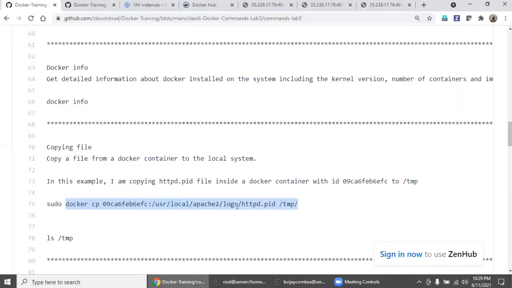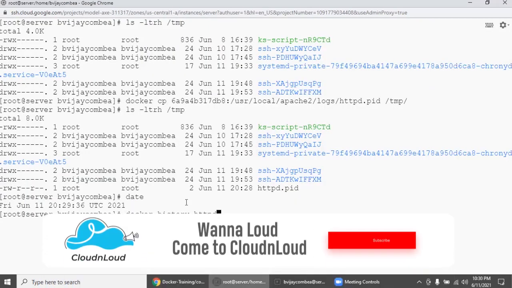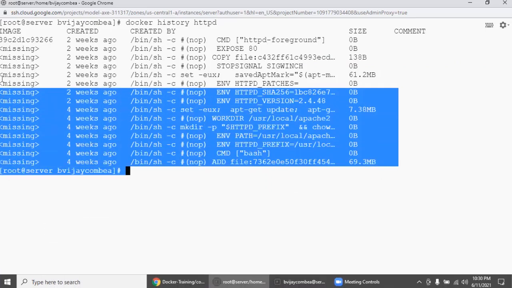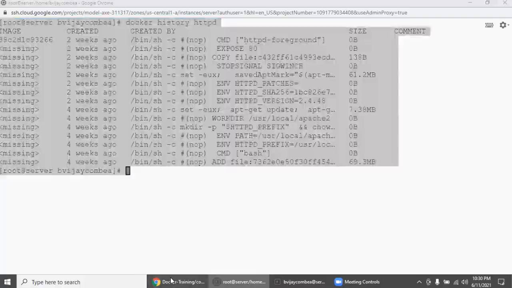Okay. So this is how you need to test it. But later there is another way of copying also. But just go one by one, as we are starting with the basics. Come down. So docker history httpd, as I said, go here. In the previous session also we have seen this. It will give you an overall understanding of what exactly changed in the httpd image in the past.